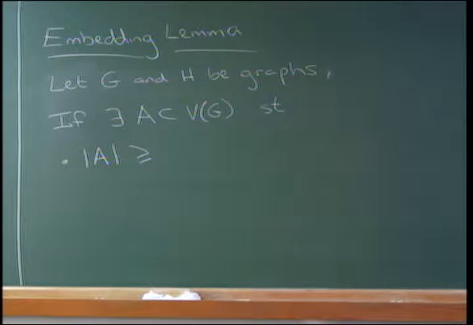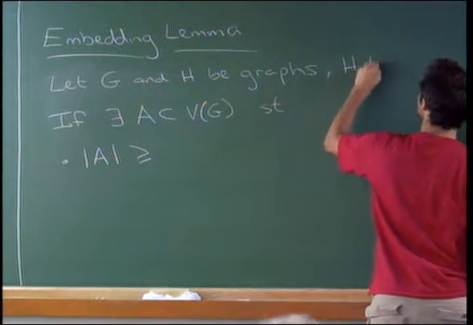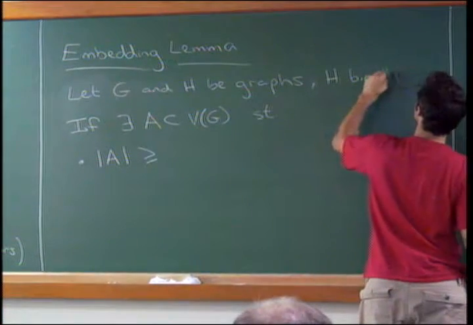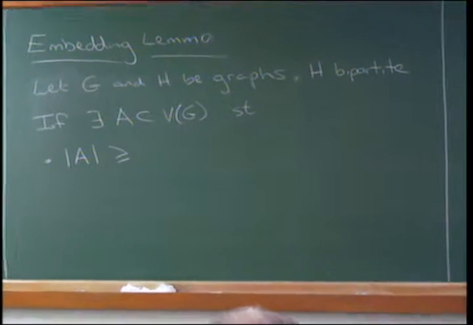Dependent random choice doesn't let you find any old graph, but it will let you find bipartite graphs. So we can do this for H bipartite,